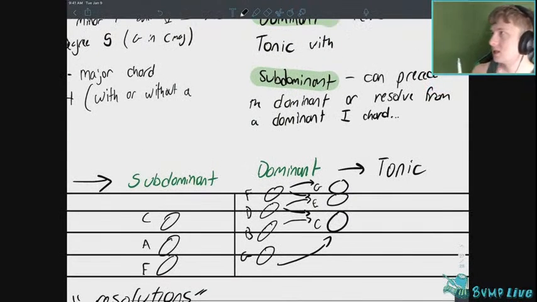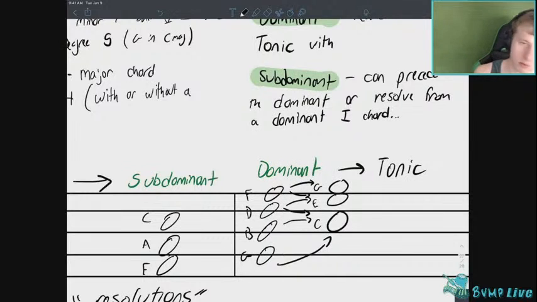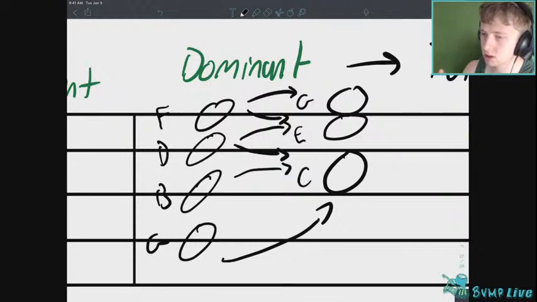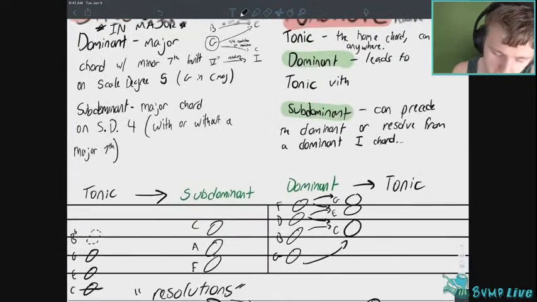So that dominant to tonic motion is something you're going to want to end up at when you're making a chord progression. Because a chord progression, now when we're using in context of this, we could say a chord progression is a series of chords that all have leading tones and resolving motions to the next chord in the progression. So then